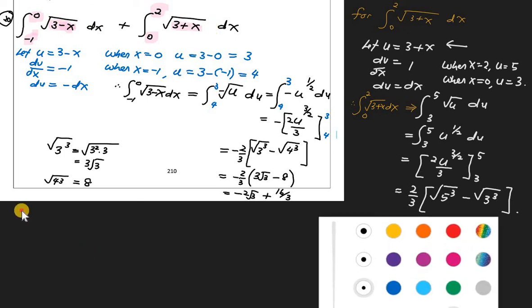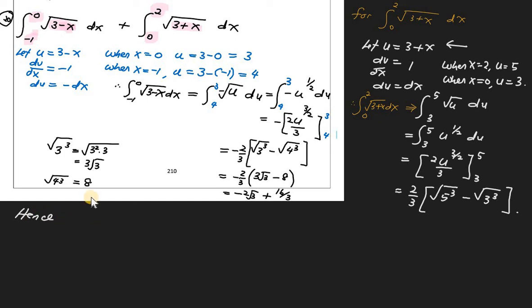Let's put it down here. So hence, our integration will become -2 square root 3 plus 16 on 3. So we need to add plus 2 on 3 of square root of 5 power 3 and